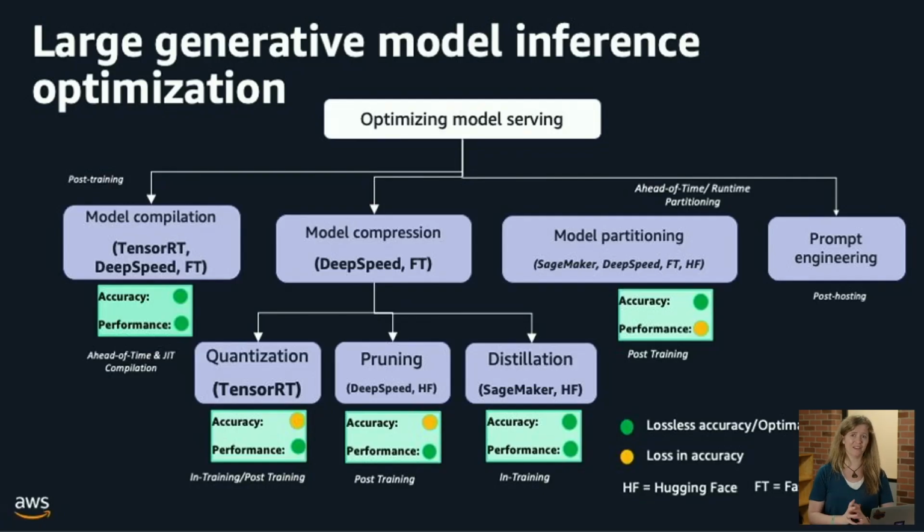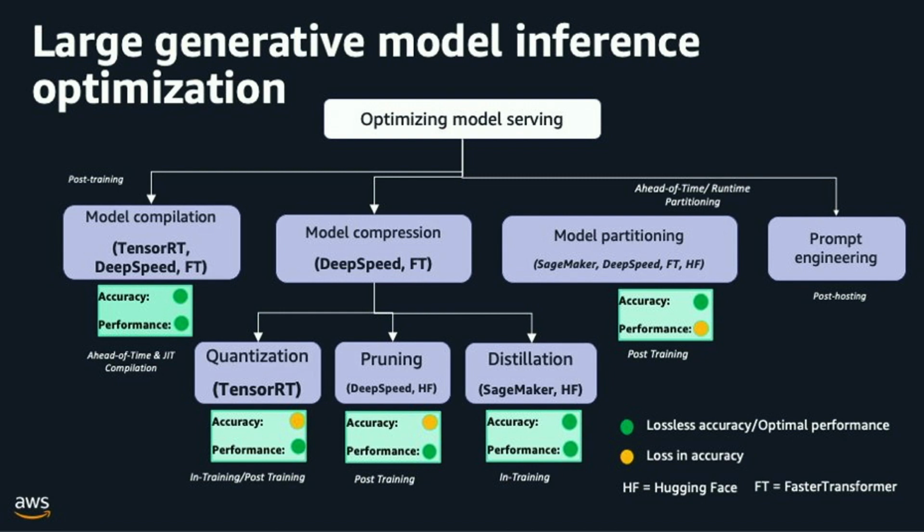But this is not the only thing. There are a number of optimizations for this, so ways that we can improve our model to make it run faster, make the model smaller, and all of that improves our runtime. So if we start with a large model, then we'll likely use a model compilation and/or model compression technique to actually make the model physically smaller. So compilation will take the model and compile it for appropriate GPUs. So it'll make it run faster and more optimally on a variety of GPUs.